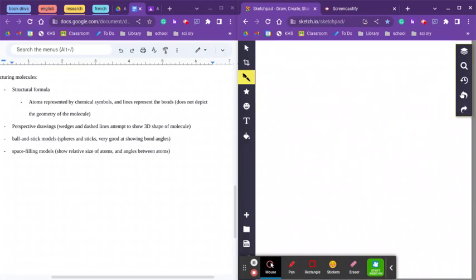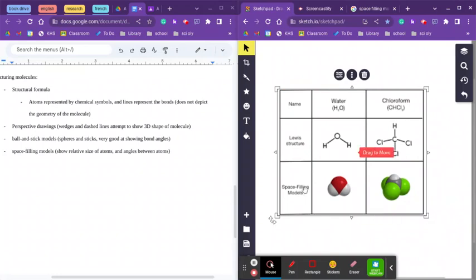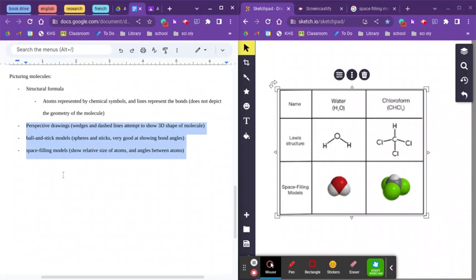As this image shows, this model will show the relative sizes of atoms and the angles between atoms. As we went through each of these different types of drawings or models, each one gives us a little more information. But sometimes, each has their benefits and